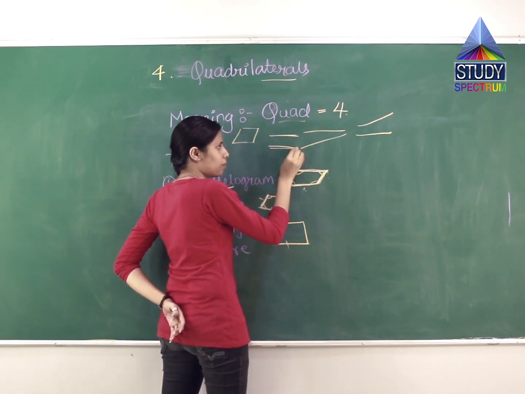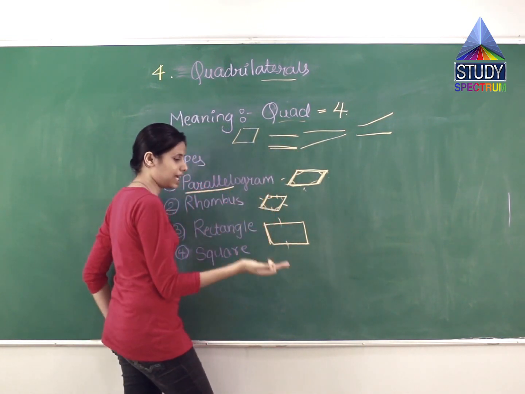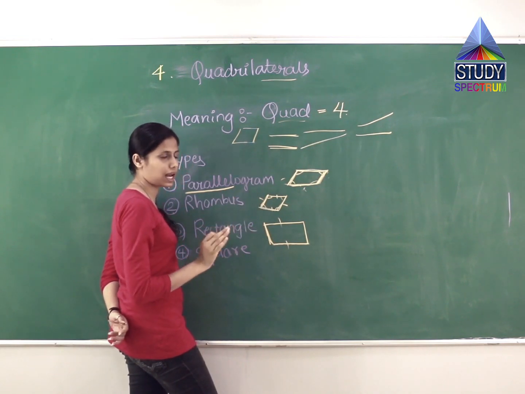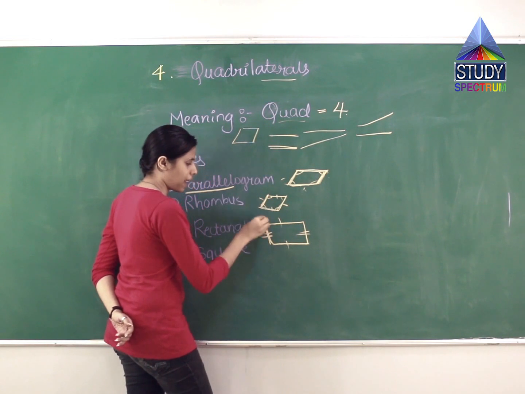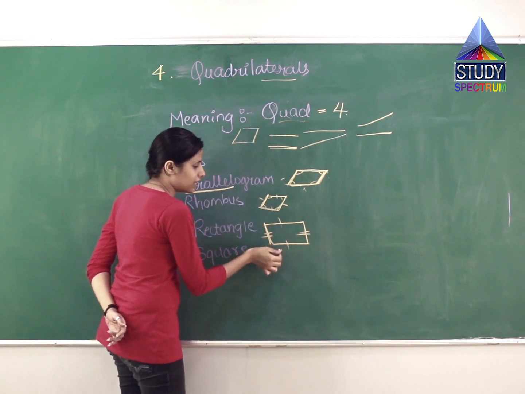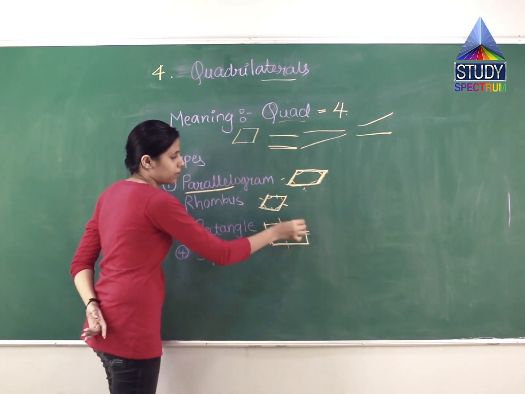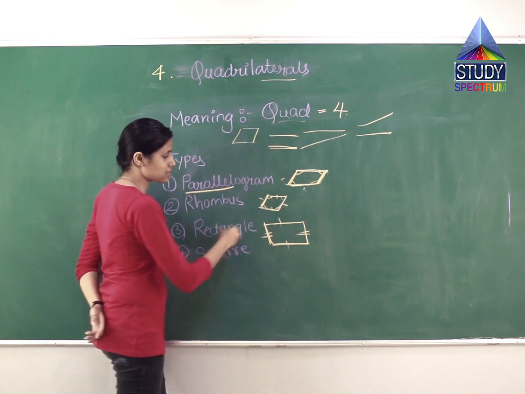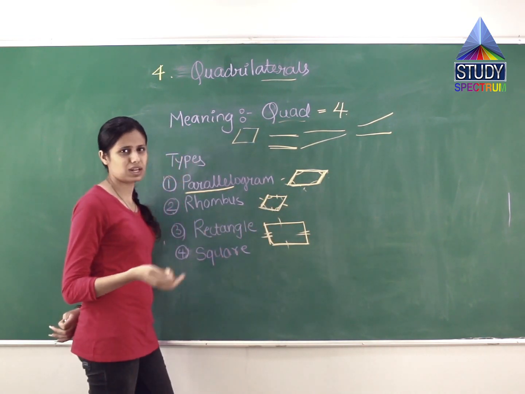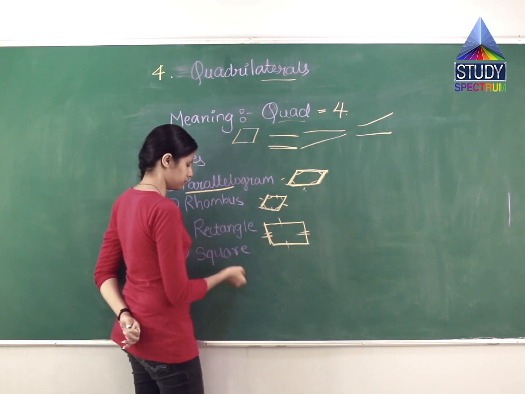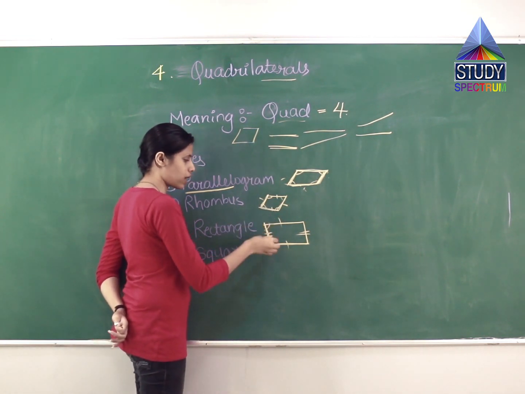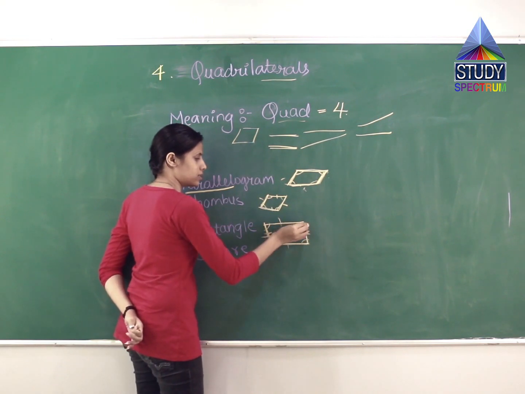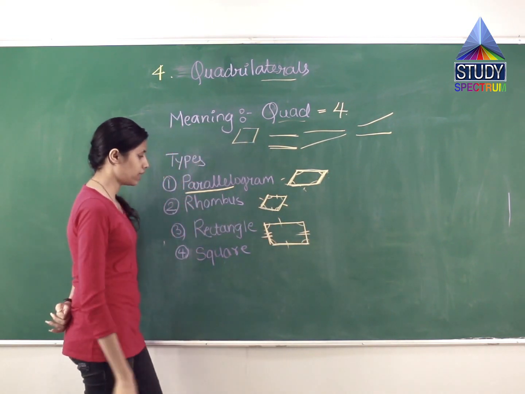They are parallel to each other. Do you understand the meaning of parallel to each other? They are similarly inclined. The slope of both lines is the same. Similar to this, these both lines are also parallel to each other, but they are relatively smaller than the length. The breadths are relatively smaller, making it a rectangle. We usually see rectangles everywhere. The rectangle also has four angles. The fourth one is a square.